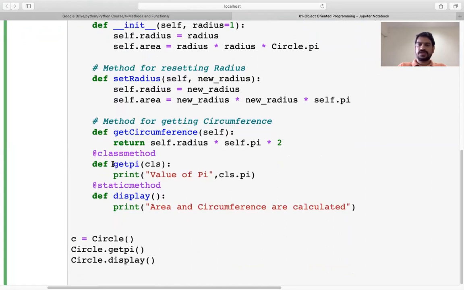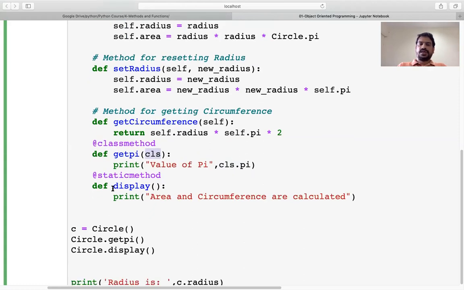Now after that we are using a class method. Inside the class method we have to use the keyword cls, and this cls in a class method is used to access or mutate the variable, which is called a class attribute. So to access the class attribute we can use this class method.